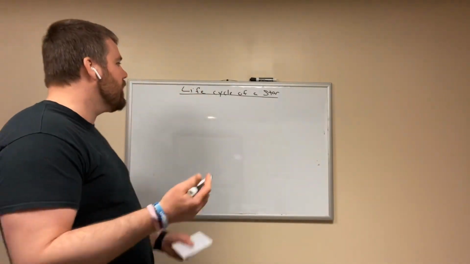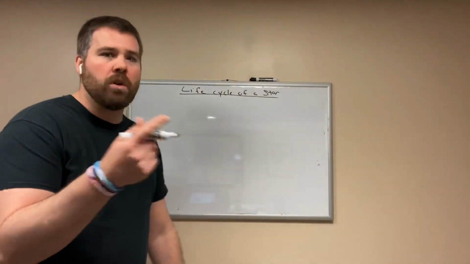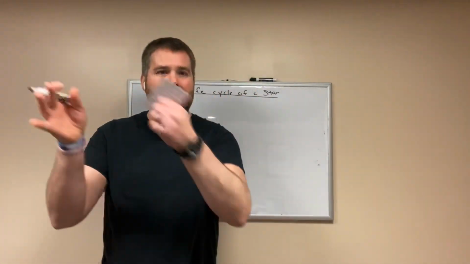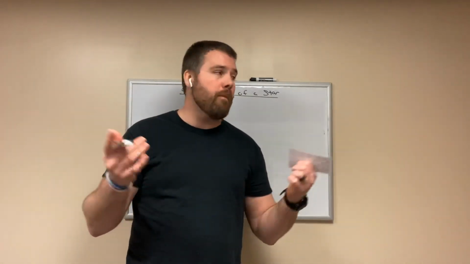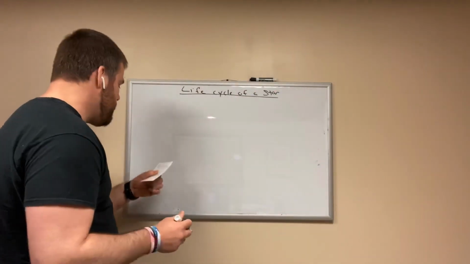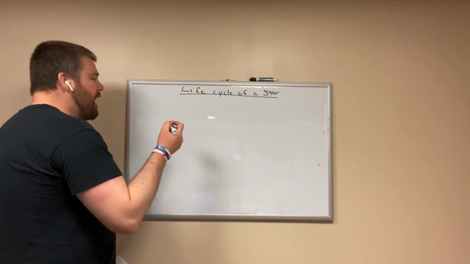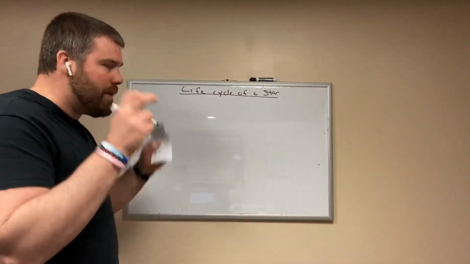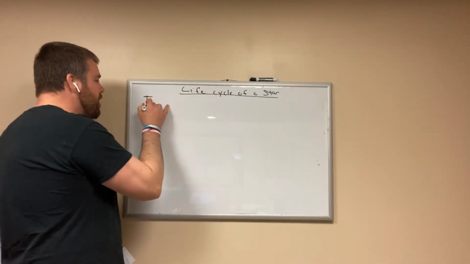So today we're going to look at a couple of questions. We're going to look at two different types of stars: high mass stars and low mass stars. That's what we're going to look at today. So first off, let's talk about stars. How are they formed? Good question. Our first step, where life begins, is what we call the interstellar